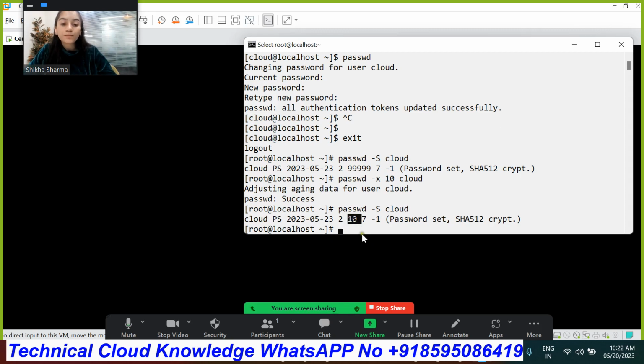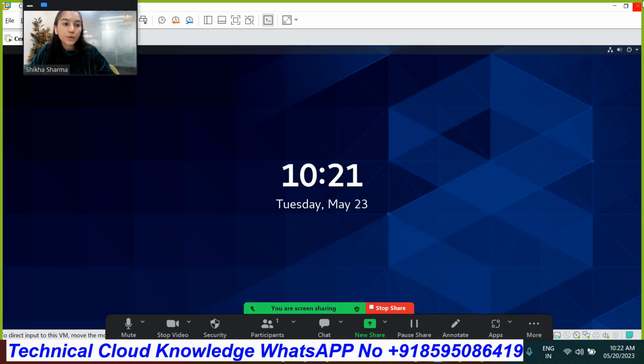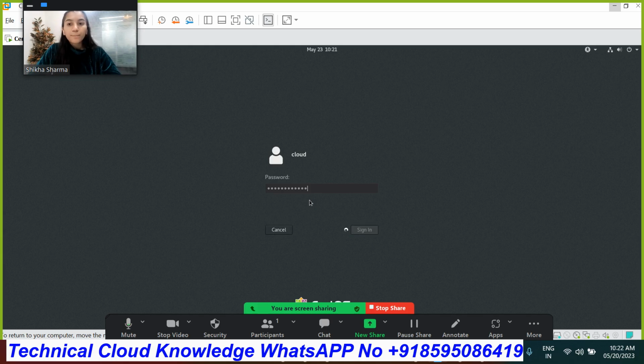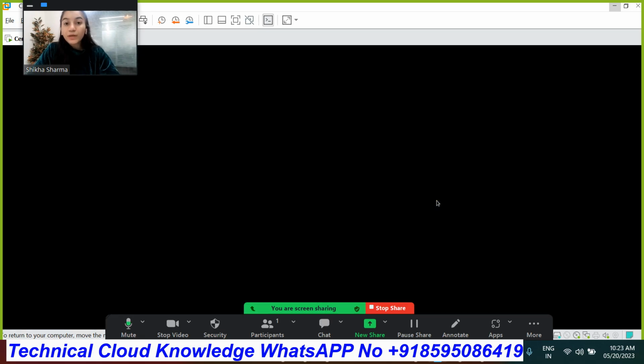Okay. Now log in with the cloud user, write the password. See, right now we are eligible to log in with the user, because the days haven't passed. But when the 10 days have passed, we need to change our password because our password will expire. We cannot wait for 10 days, so we can change the date. Now we are going to set the date according to ourselves.